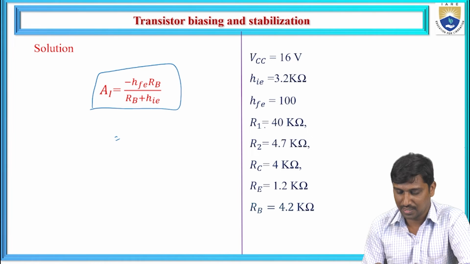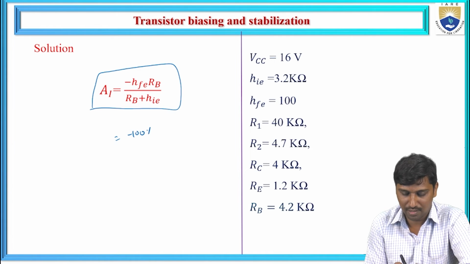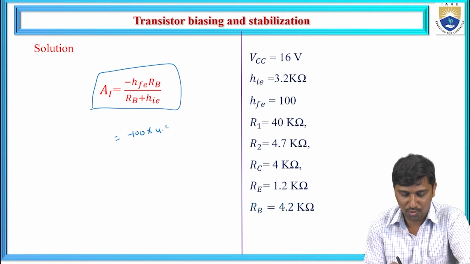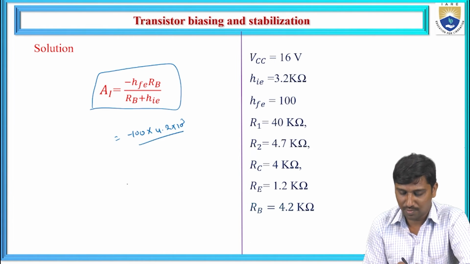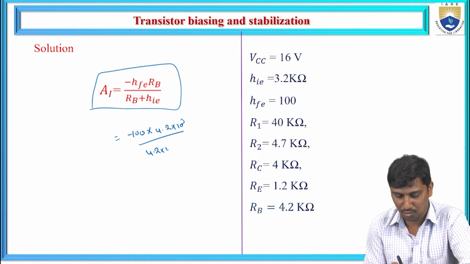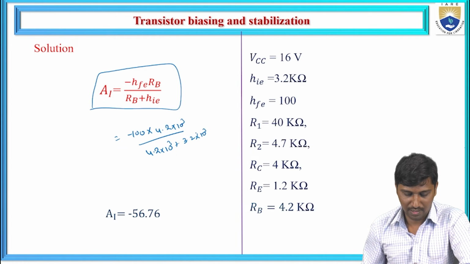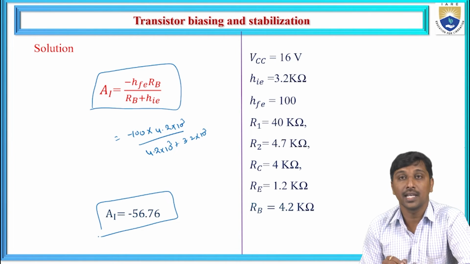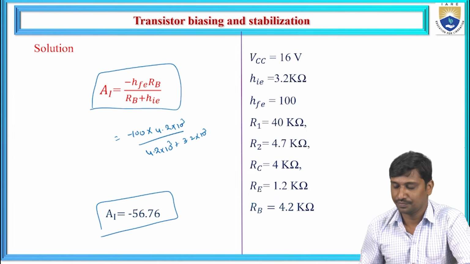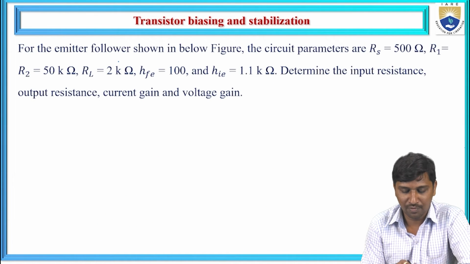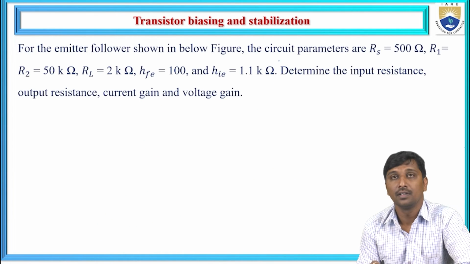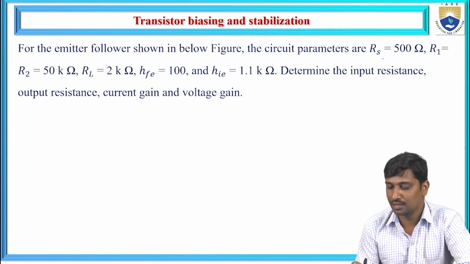Just substitute the hfe value 100, the RB value 4.2 kilo ohms divided by RB value 4.2 kilo ohms plus hie value 3.2 kilo ohms. Then it gives that the current gain is minus 56.76. Now another problem. For the emitter follower shown in the below figure, the circuit parameters are RS is 500 ohms,